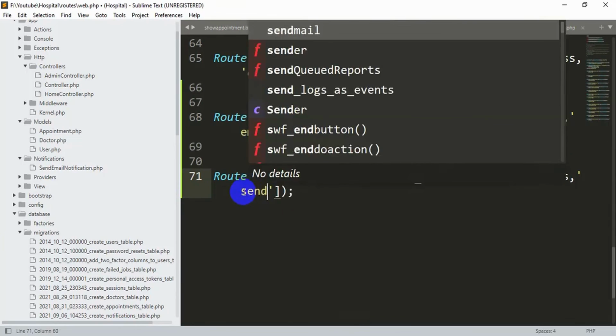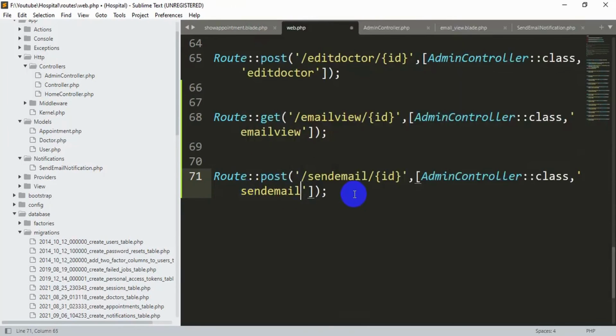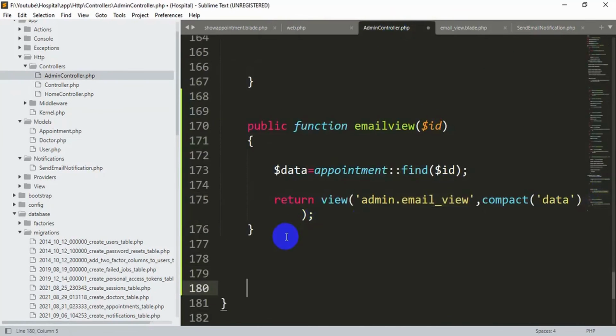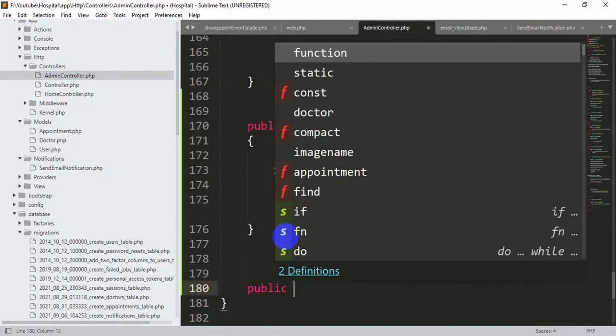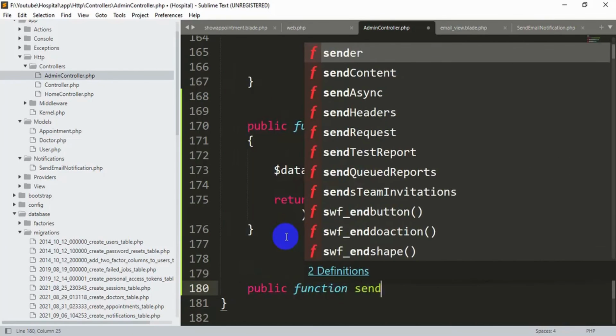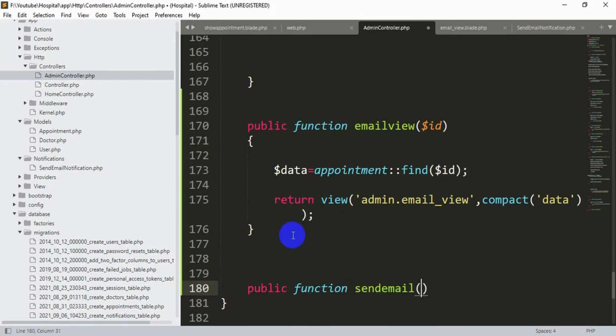Let's say it will be send email as well. So let me save it, and this time we'll go to our admin controller again, and we are going to say here again public function sendEmail,